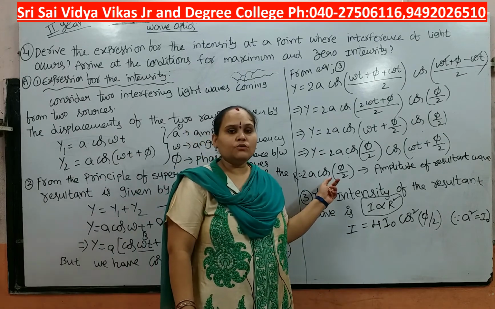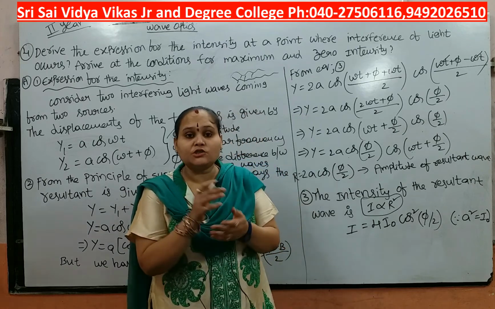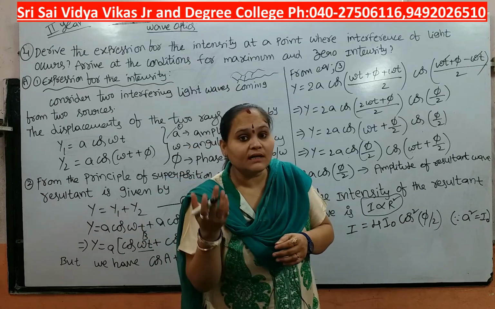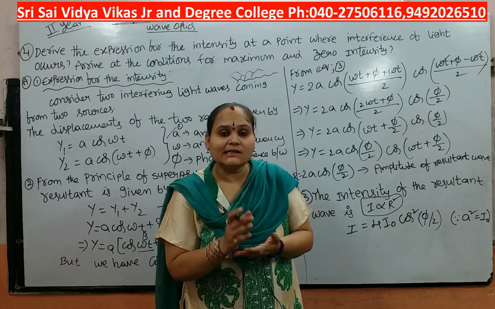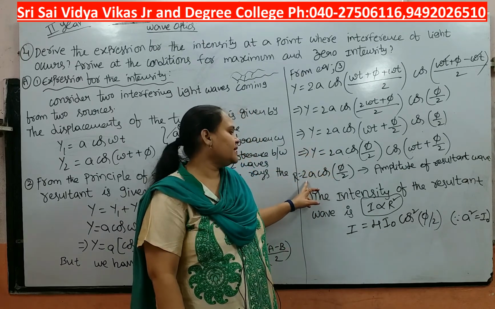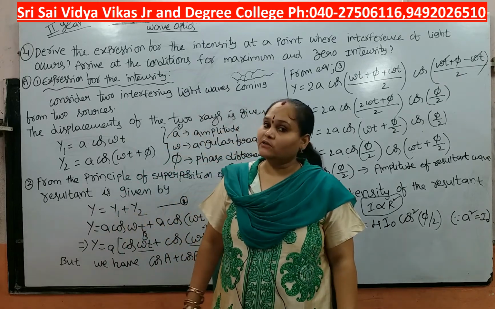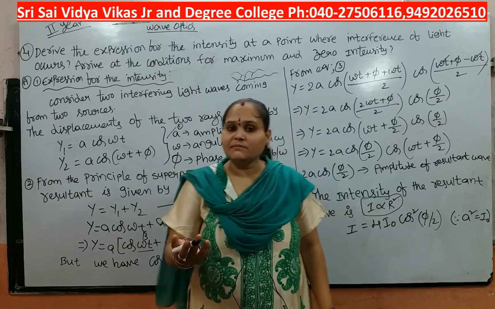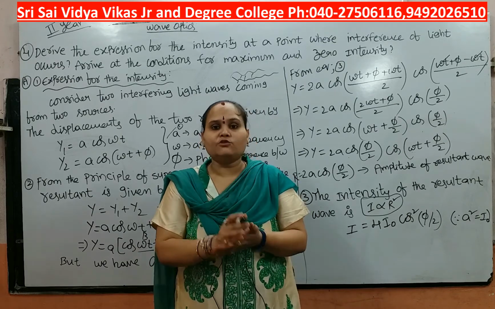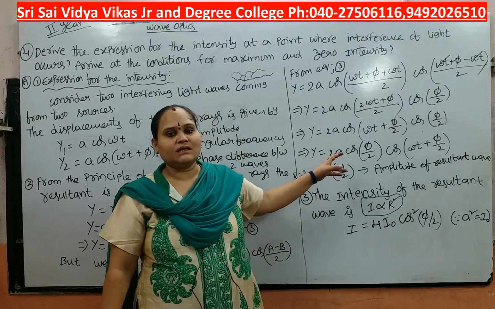So in this, the 2a cos phi by 2 gives the resultant amplitude. That means for the superposition of these two waves we will observe a resultant interference pattern, and we get a different wave with its own resultant amplitude and resultant displacement. In this displacement equation, 2a cos phi by 2 is the resultant amplitude. By using the resultant amplitude we will find the resultant intensity of the combination, the superposition of the two different waves combined together to form another new wave.